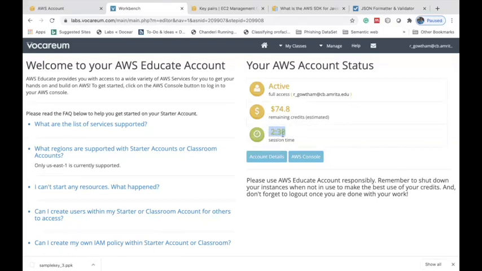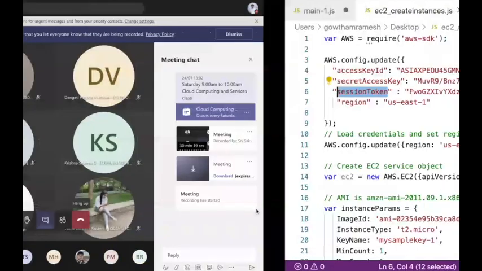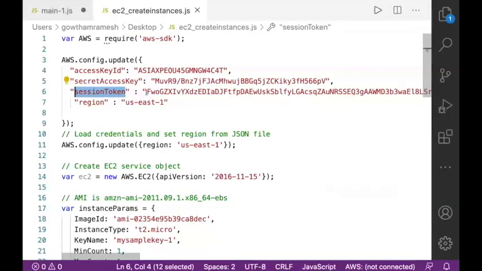For that slot, if you click on account details, all the key information will be changed. So please make sure you specify the current key details in the Node.js program. I have copied the session information, and I'm going to go back to my Node.js program.